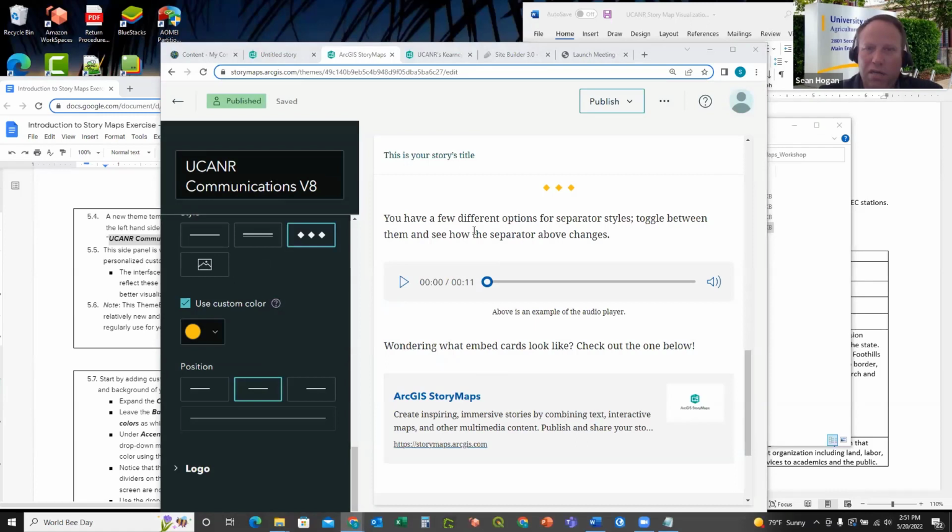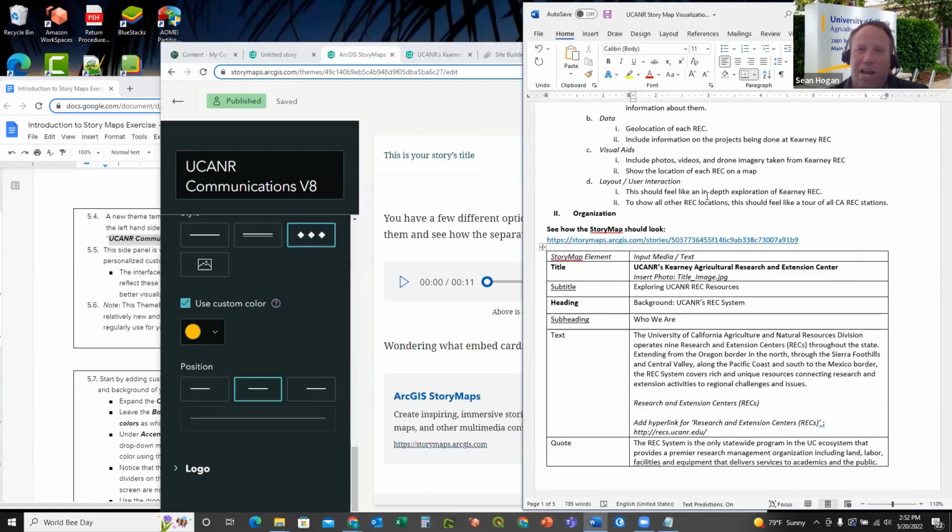Oh, okay. Can you go back? That was one of the things I kind of got at earlier, where it automatically saves your progress as you go. There is no back button. And that, by the way, is one of the reasons why we need this organizational document, because not only does the story map builder not have a back button, it also doesn't have